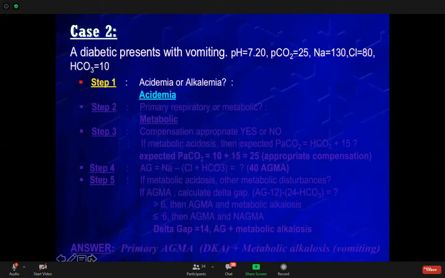بعدين النكست ستيب ايش كنا نقول؟ ستيب نمبر 2. اوكي، بعد اشوفها هل هي ريسبيراتوري ولا ميتابوليك. بالضبط. So what do you think? ميتابوليك. Metabolic. Perfect. ليش؟